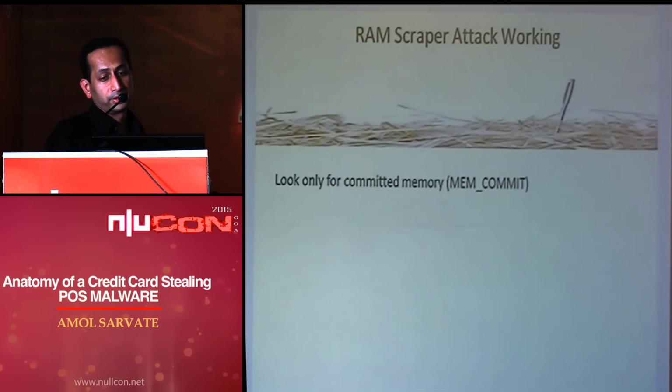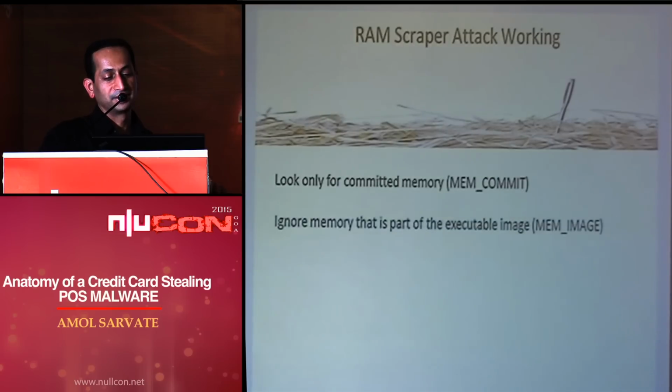So what a typical malware tries to do, or at least what my example malware tries to do, is it looks only for memory segments that are committed, which have physical memory associated with that particular virtual memory. So it's again one optimization. It ignores memory parts that are for executable image. When you are scraping the RAM, in the parentheses what I have are various flags. If you use the mem commit flag, then basically you will get only memory that is committed to physical RAM. If you use the mem image flag, then you will get